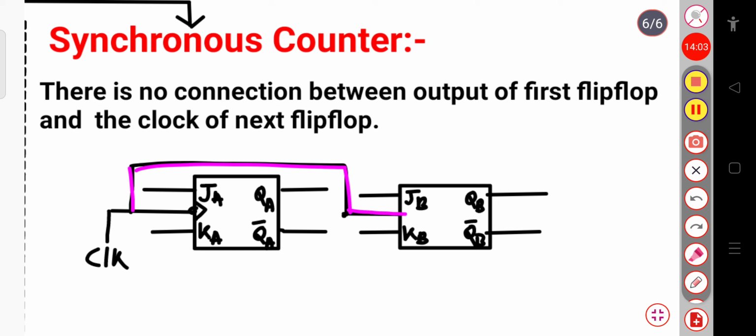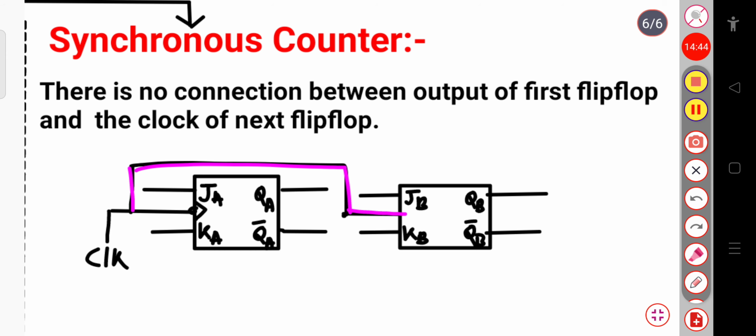Now you can see that in this case, the output of the first flip-flop is not connected to the second flip-flop, but the clock is connected. Synchronous means its clock is connected. Simultaneously both will get 1, simultaneously both will get 0. Are you getting my point? If there are many flip-flops, that is 2, 4, 6, whatever, 3, 5, then for that condition, if the clock pulse is 1, every flip-flop connected in that circuit is given one input, that is, the clock pulse is 1.